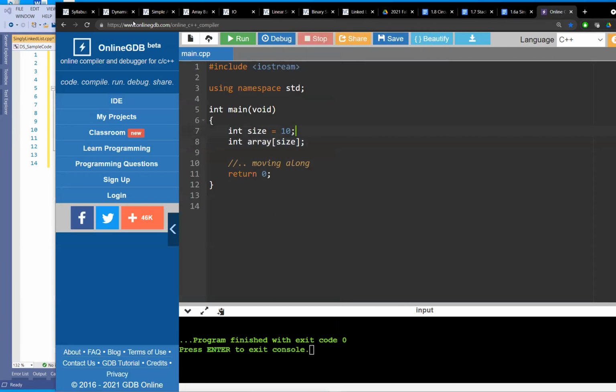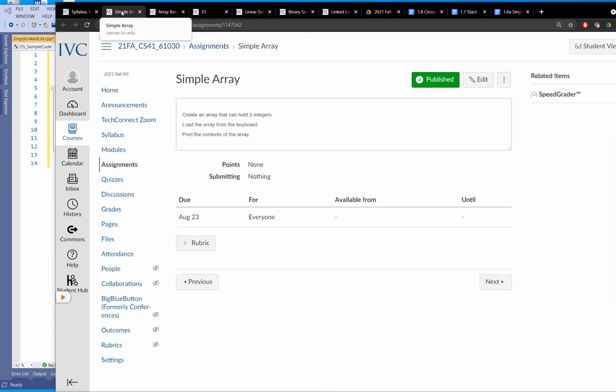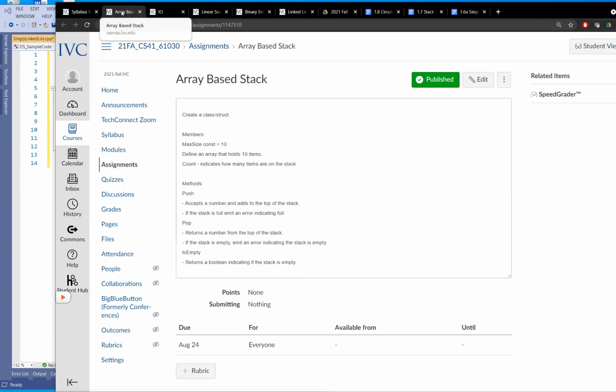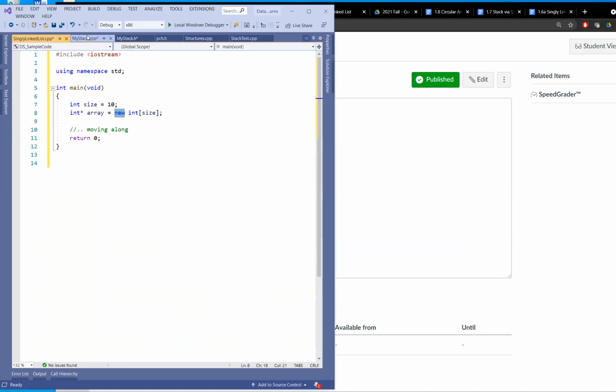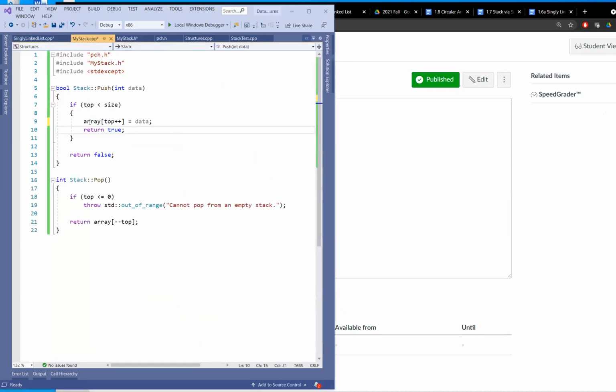All right, simple arrays, nothing special there. Array-based stack, we just saw some of this code tonight. It's pretty much one key line there and one key line here. If you're throwing exceptions, that's cool. If you're not throwing exceptions, that's cool, right? However you want to handle